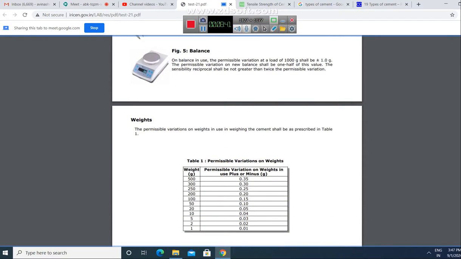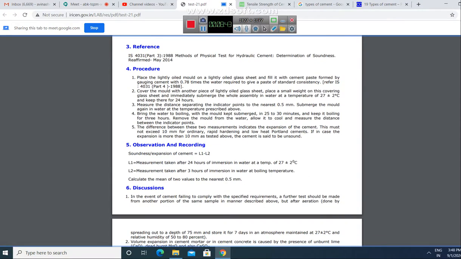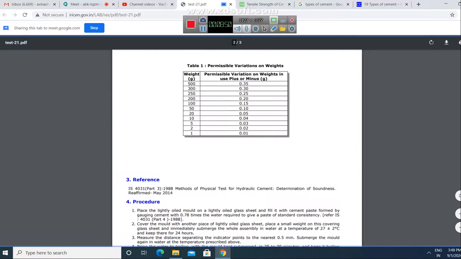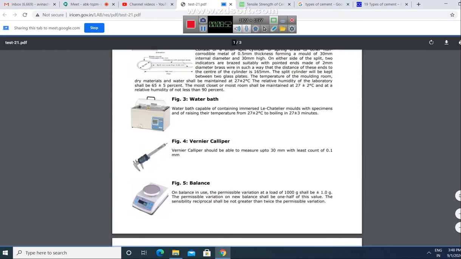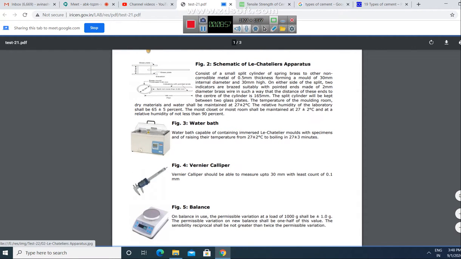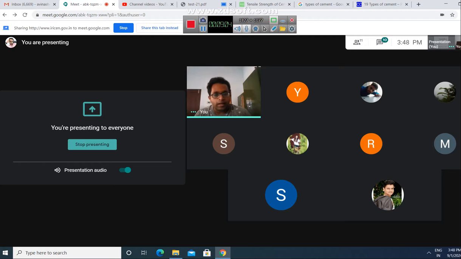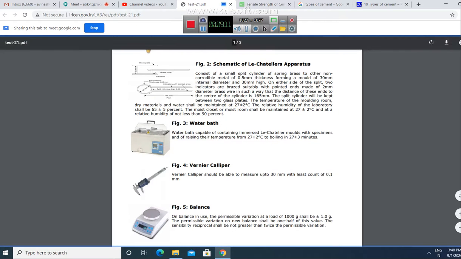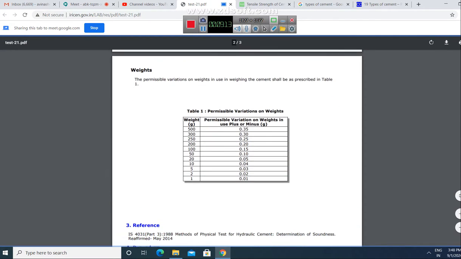Now let us see in detail what the procedure is. Place the lightly oiled mold on a lightly oiled glass sheet. The Le-Chatelier apparatus has a split mold, which will be placed in between glass plates. So first of all, the glass plate and the split mold should be properly oiled. Then